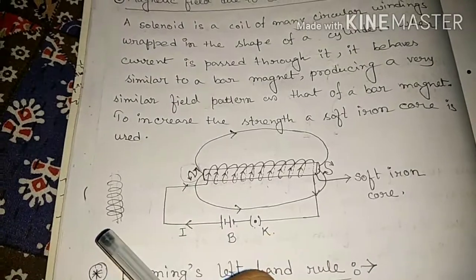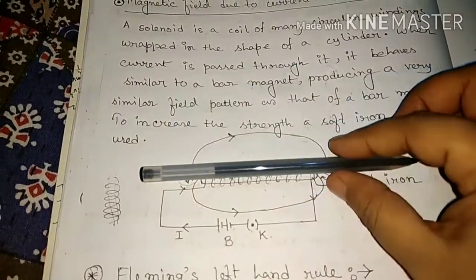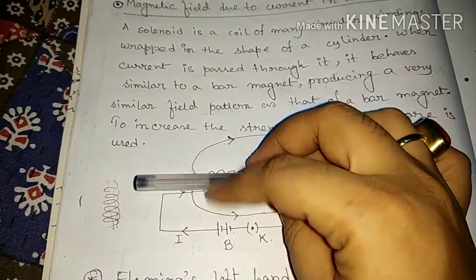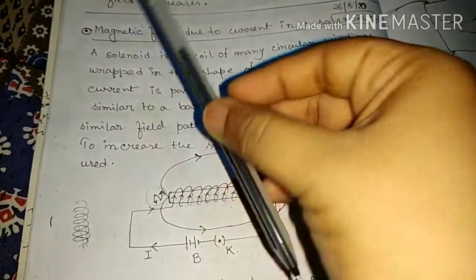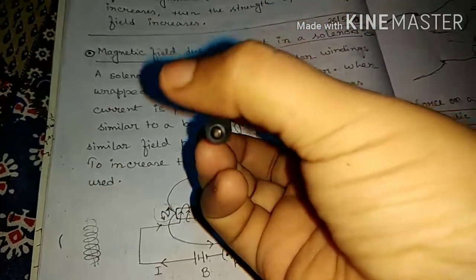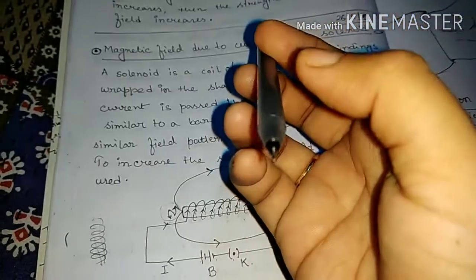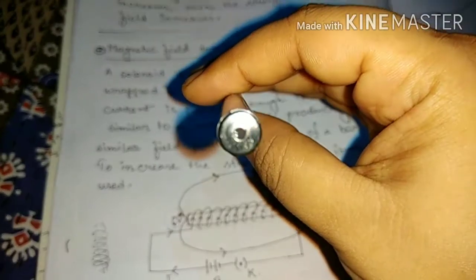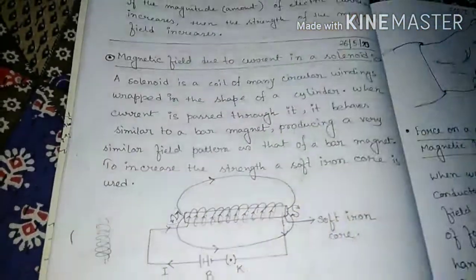In last class we discussed the clockwise and anti-clockwise directions. Suppose this is a soft iron core, and one wire is wound over it, so the current flows through this wire. Now if we see this coil this way, if the direction of the current is clockwise, that means this side is the South Pole. Now on the opposite side, if the current direction is anti-clockwise, that means this end of the soft iron core is a North Pole.